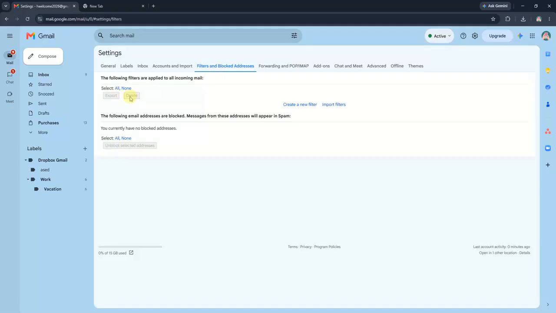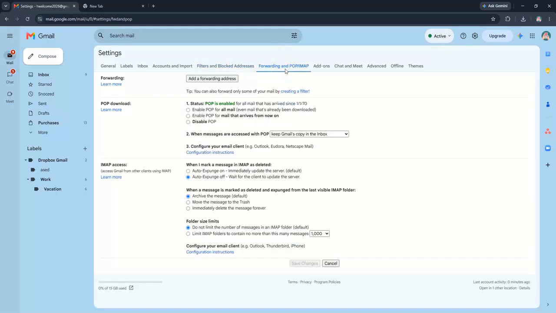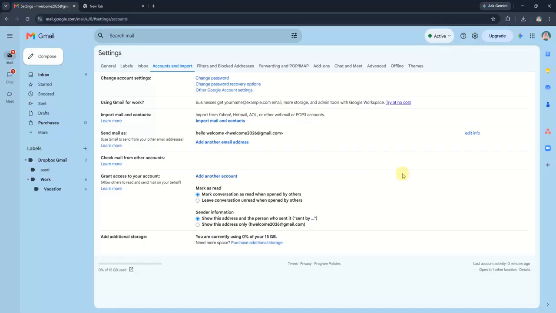Next, switch to the Forwarding and POP/IMAP tab to ensure your forwarding settings aren't causing any issues. Disable any forwarding settings if you're unsure about them. Now, click over to the Accounts and Import tab to make sure your email address is correct and hasn't been altered. If everything seems fine here, but you're still having trouble, you might need to check if your email is